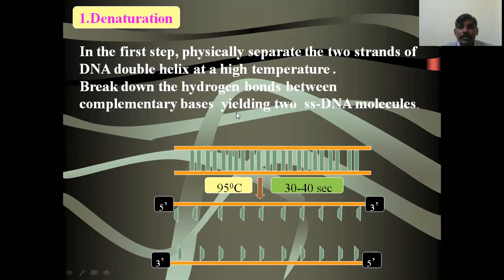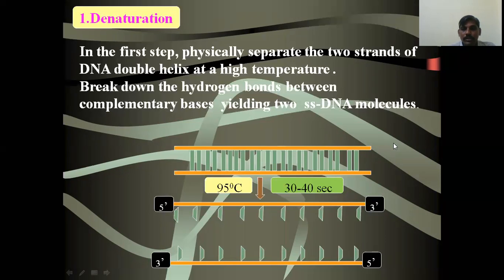We explain denaturation and renaturation in the replication process also. Renaturation means two single-stranded DNA molecules are attached with hydrogen bonds. Removal or cleavage of hydrogen bonds in a double-stranded DNA molecule is known as denaturation. So see here, the two strands are attached with the help of hydrogen bonds.